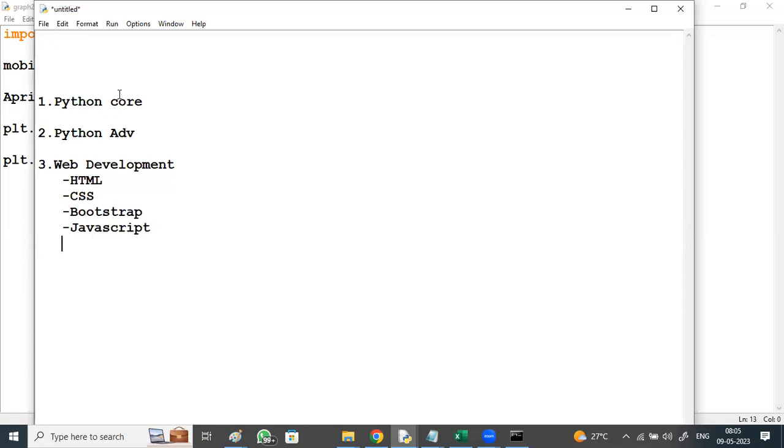Apart from this, the framework of Python, the Django framework. I said nearly 15 plus applications will be discussed.